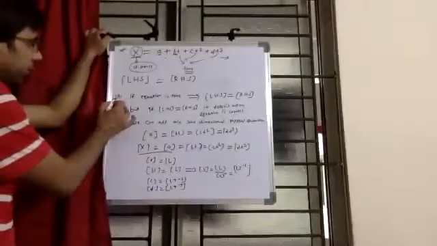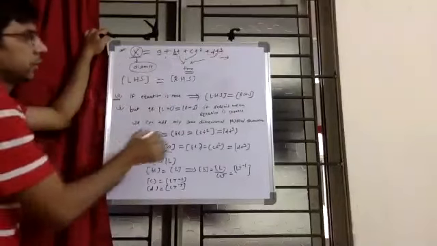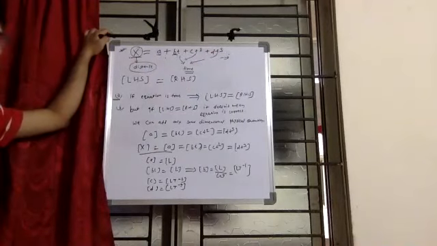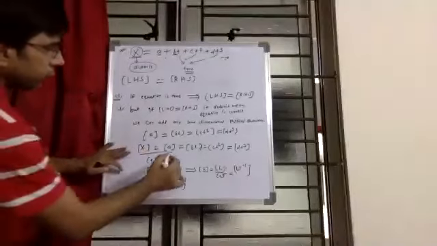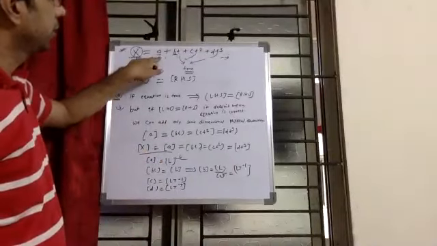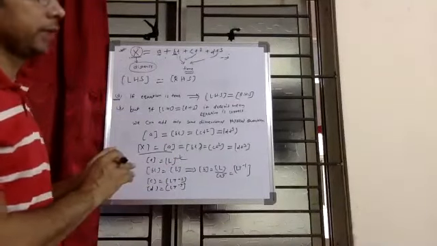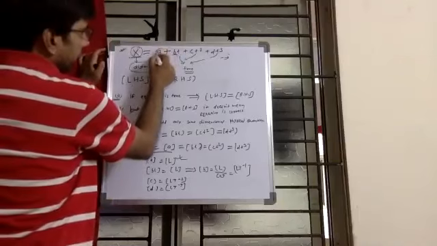Yes, sir. Okay. Now just read my point number 8. If the equation is true, then the dimension of the left hand side should be same as the dimension of the right hand side, right? Yes, sir. So the dimension of X is L. Now one more thing I have said, we can add physical quantities if their dimensions are same. So what does it mean? This is a physical quantity, right? We don't know what that is.